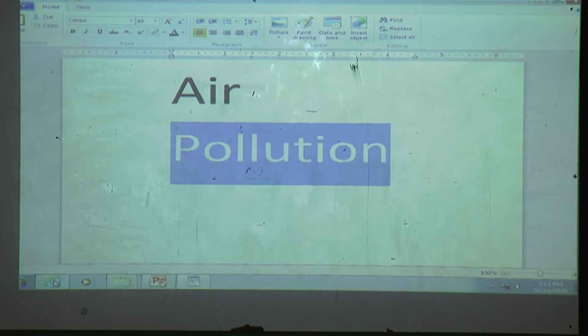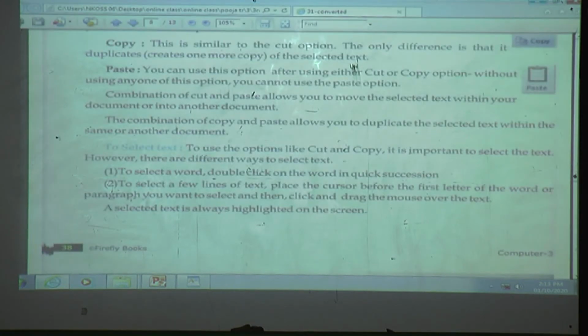Now next we will see how to select a few lines of text, how to select more than 2 lines. Now we discussed how to select only a single word. Now we will see how to select if there are more than 1 line, how to select that at a time.